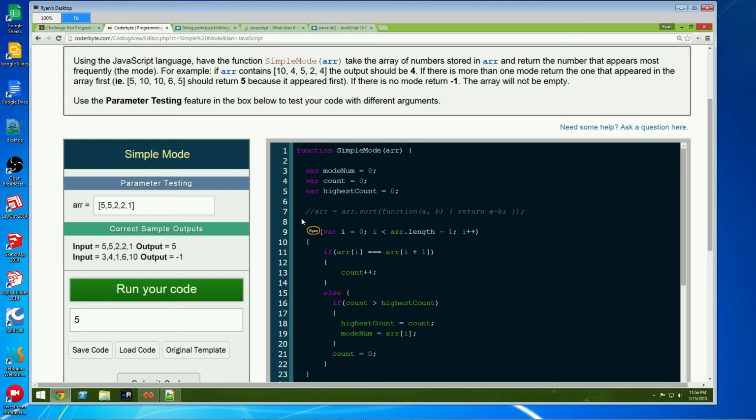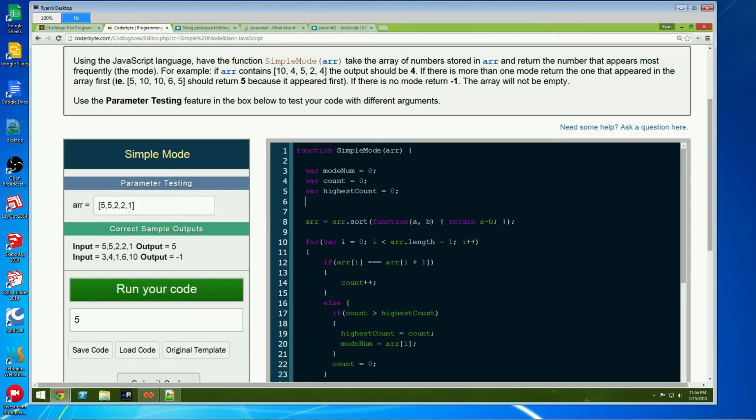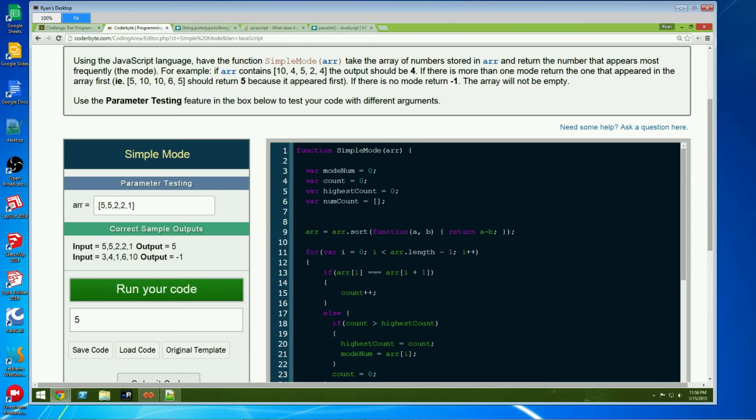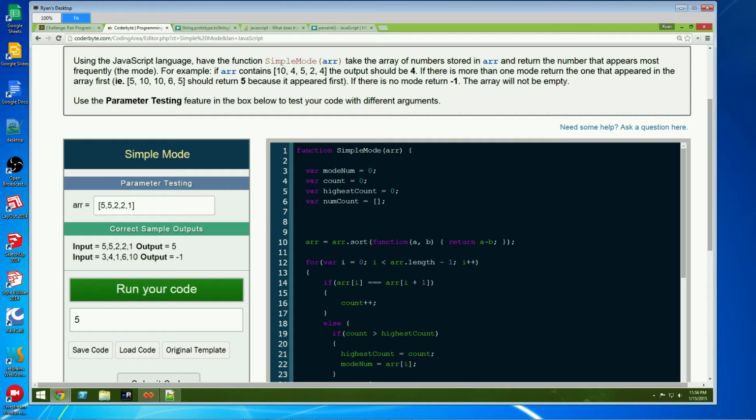Yep. So what I would do, right, is something like this. All right. So let's go ahead and just do so var num count, and we'll call it an empty array, right? Yep. Okay. And then in that you can push the